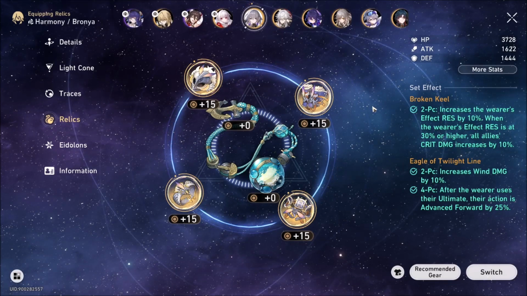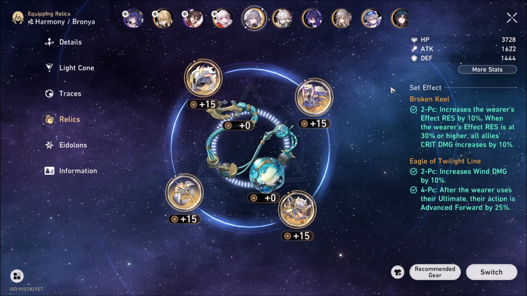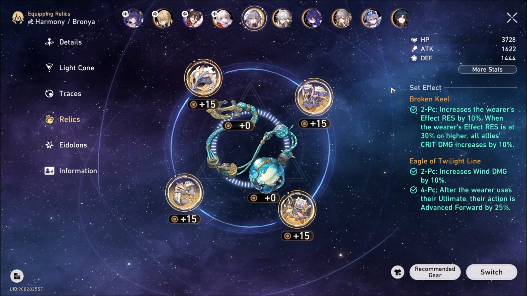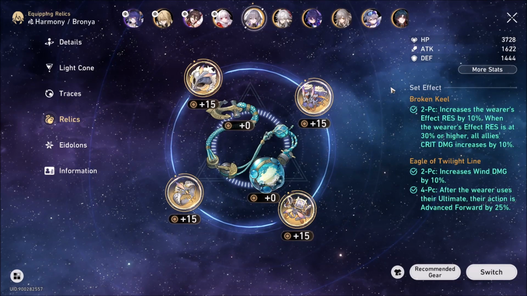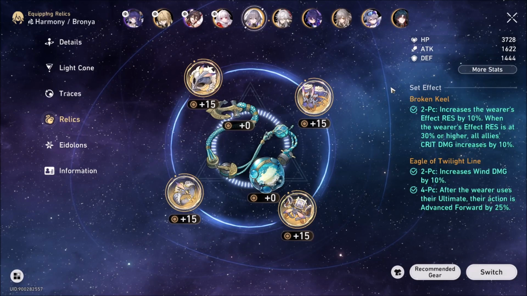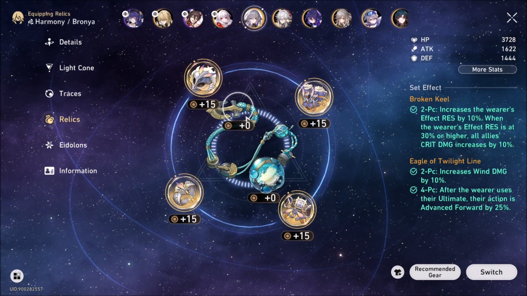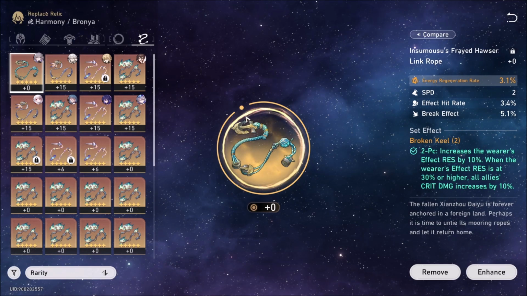you might want to consider your substats again, as well as your team building value. So if you want more speed for your team, by all means go for Messenger Traversing Hackerspace, and if you want more utility in which Bronya can enable allies by forcing a turn, Eagle of Twilight Line seems to be a better option. As for your 2-piece here, we have Fleet of the Ageless and Broken Keel as your 2